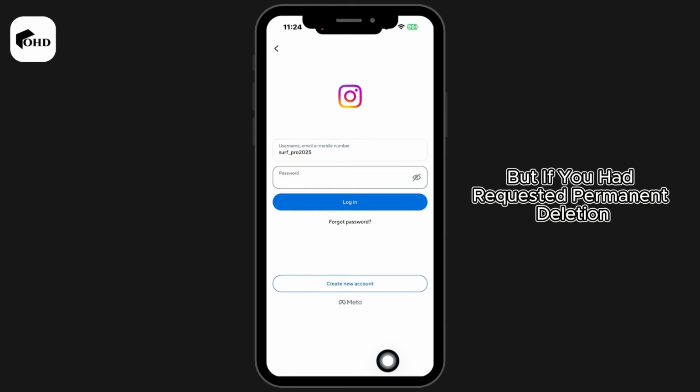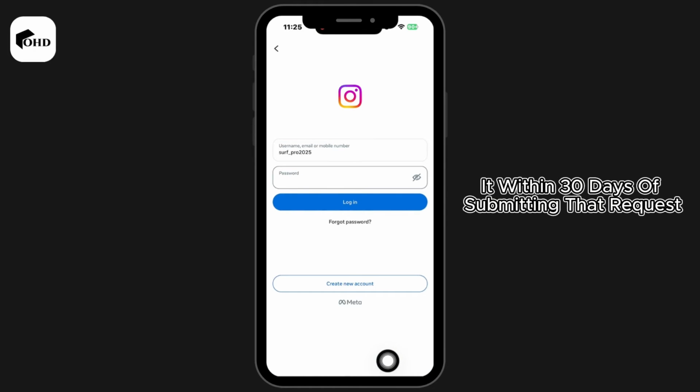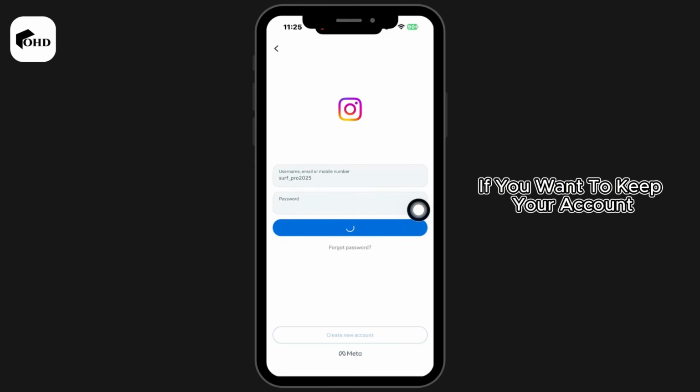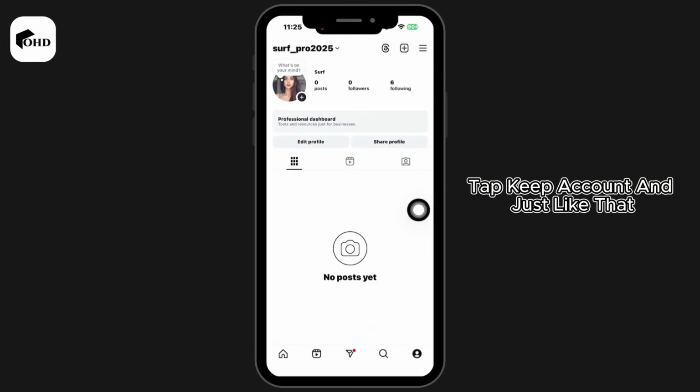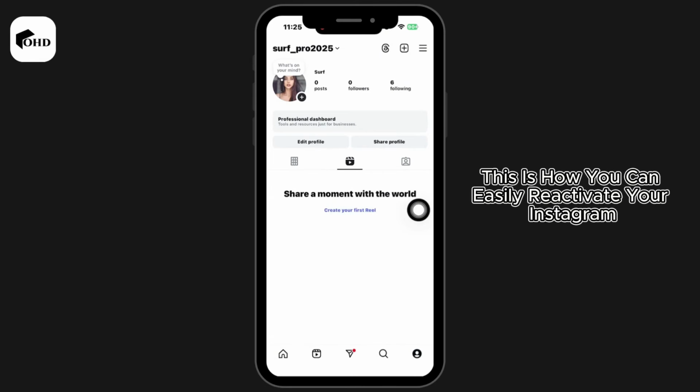But if you had requested permanent deletion, you'll only be able to reactivate it within 30 days of submitting that request. After logging in, you'll see a message asking if you want to keep your account. Tap Keep Account and just like that, your account will be fully restored, including your posts, followers, and data. And that's it. This is how you can easily